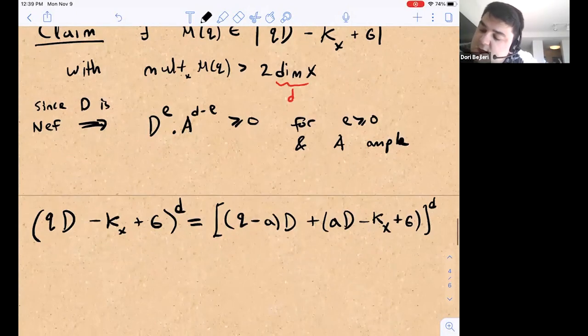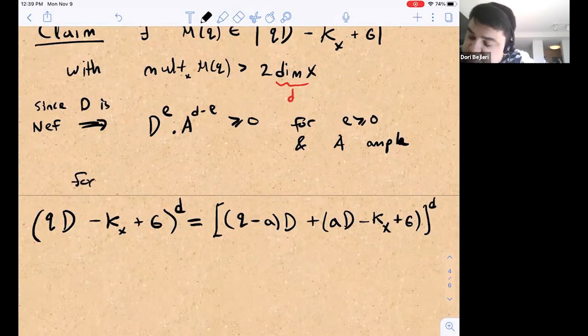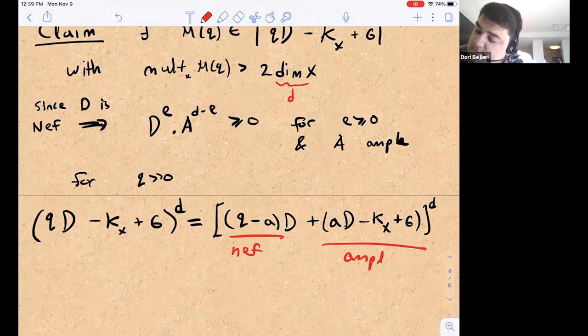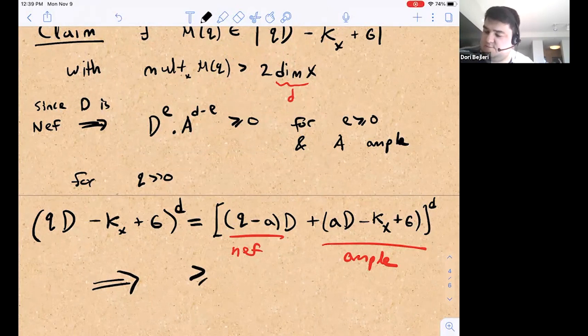to the D. And now for Q large, specifically for Q larger than A, but later we're going to increase Q even more. For Q large, this term is Neff because D is Neff, and this term is ample because of step 1. And so by this lemma, that tells us that this whole quantity, all its terms are non-negative. Let's just pick out one term that we're going to use. This is all greater than the second term, the linear in D term, which is